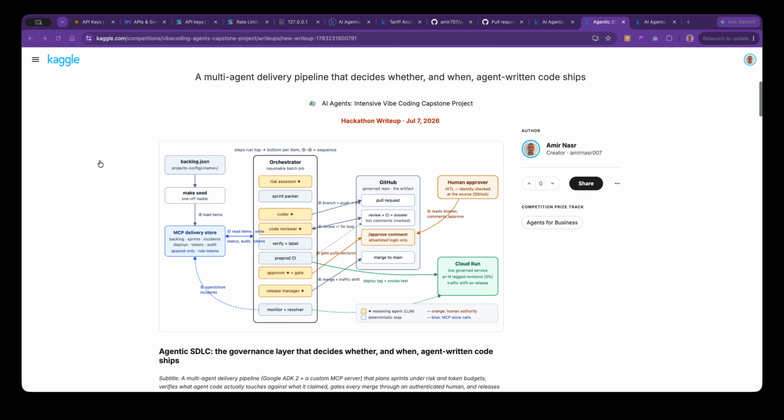So it has all been defined in the MCP server. If you go to the server, you can see the definition of the MCP tools that we were talking about. For the sake of time, I just want to mention that the definition of the software development lifecycle is in here, and the actual